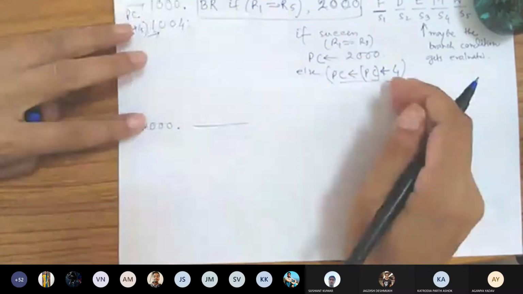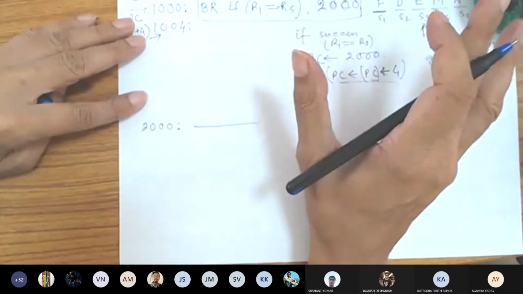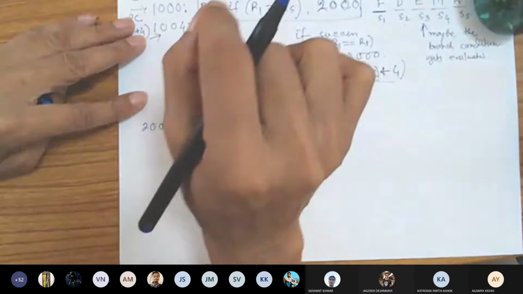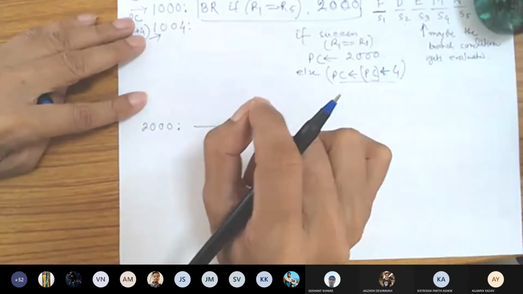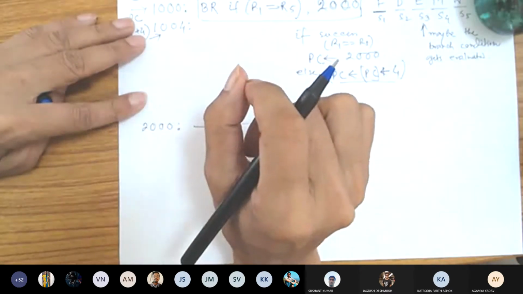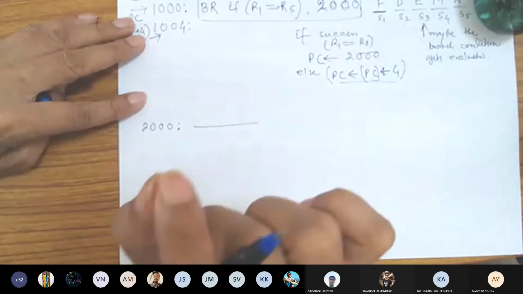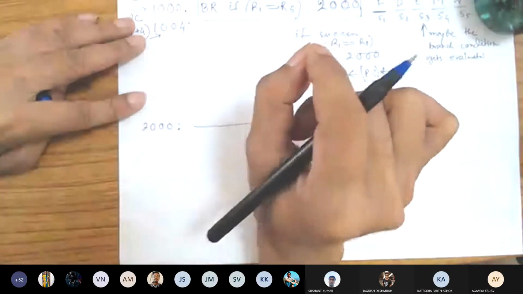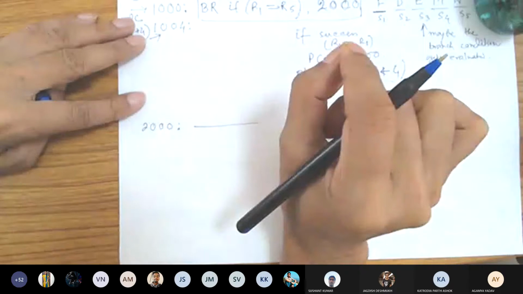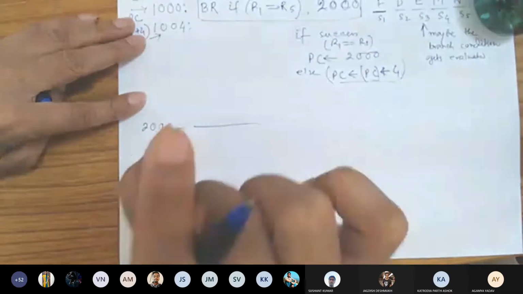Now, so that is the first part. I hope that by this explanation you understood what the program counter is. So it's a simple register which stores the address of the next instruction to be fetched.